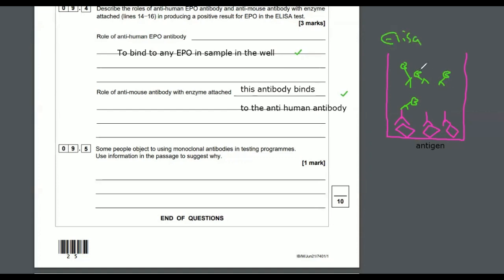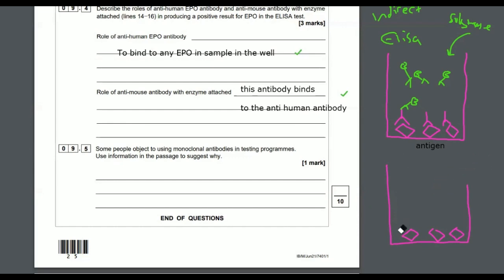So what we do is we add a second antibody. Now, this antibody recognizes the first antibody and attaches to that, and this antibody has an enzyme linked to it. Okay, now the green antibody with the enzyme linked to it does not attach to the antigen. It will only attach to the antibody that the human has for the EPO, which proves that they've got EPO in their system. So it's really important that you do washings with the ELISA test as well,